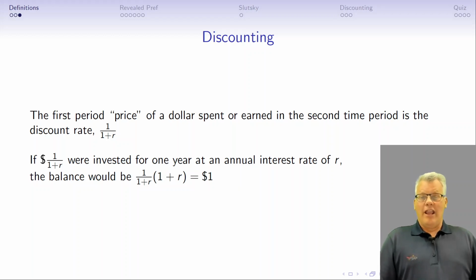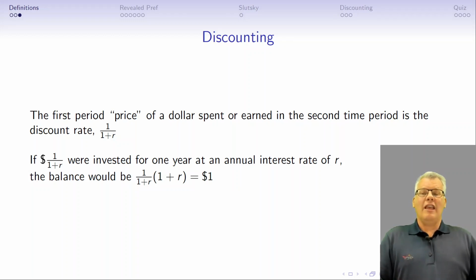The discount rate, as I said in the previous slide, is 1 over 1 plus R. It's, in essence, the first period price of $1 spent or earned in the second time period. The reason why this is the appropriate discount rate,